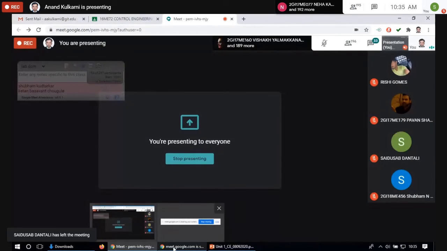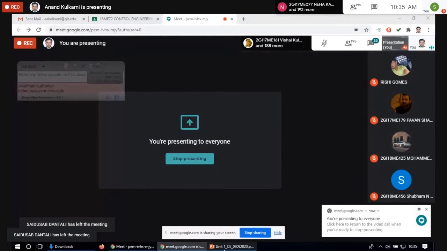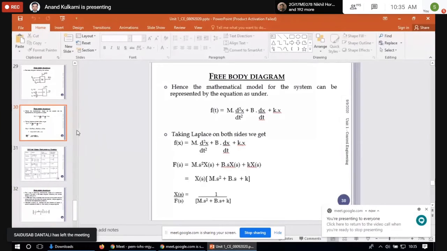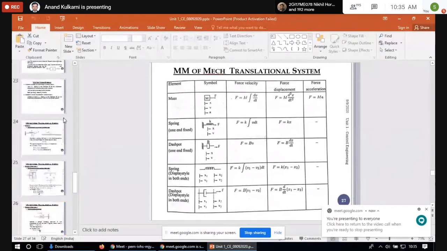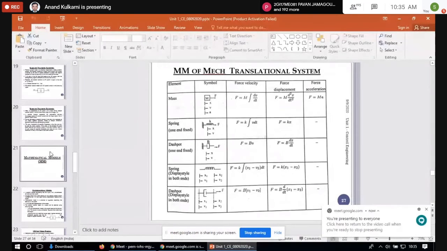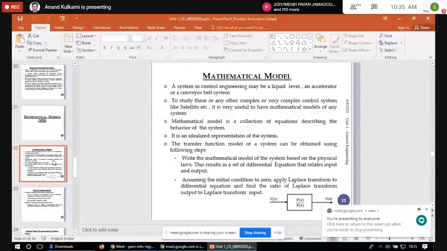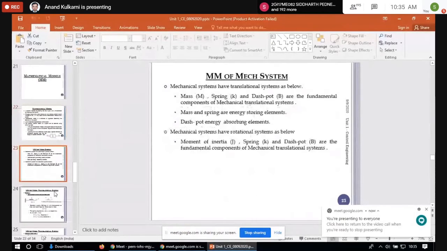So I forgot to put the Laplace transform here. Anyway, we will discuss it in the next class, that is after the break. But before that, if you see the transfer function here,